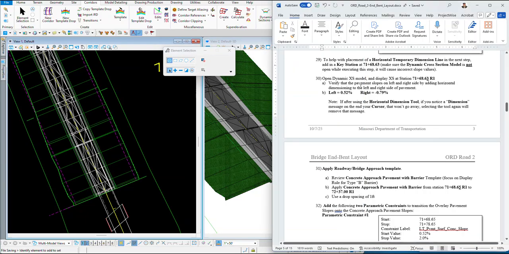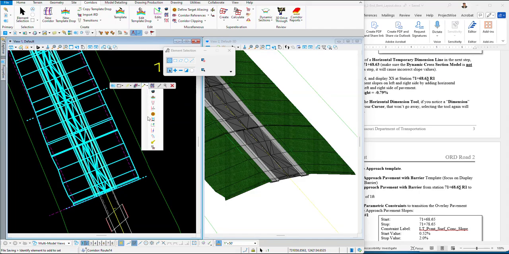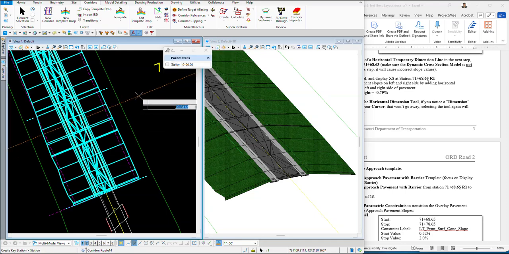So, key station, we're going to do 71+68.63. Come out here and we will bring up our tools for the corridor. Go to the corridor creation tools, which is the hammer, and slide down. Slide down. This gives me fits. If you slide down to the key station, we can add a key station. And again, we want to do that at 71+68.63. And that's just shy